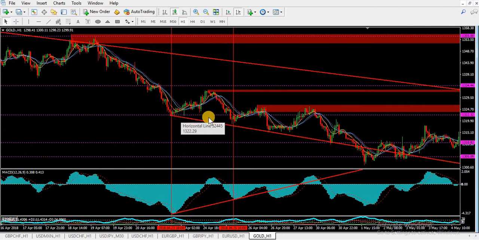As you can see, this point here is higher than this point, but on the MACD, this point is lower than this point. That is what I mean by divergence. So this can be used as a way to enter into a market, for buyers to enter or bulls